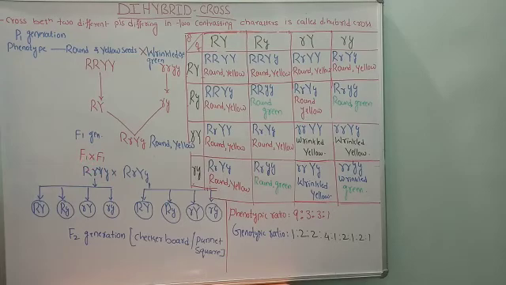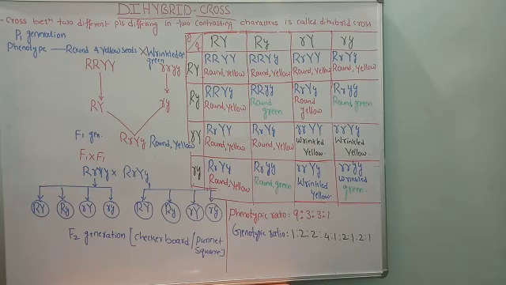The F1 generation is crossed with the double recessive parent. Here the F1 hybrid is capital R, small r, capital Y, small y. This should be crossed with the double recessive parent whose gametes are small r, small y. So the cross between these two. After crossing these two, what are we getting? We are getting the result 1:1:1:1 ratio. That is, 4 types of plants we are getting after the test cross. Okay, 4 types of plants means which are those? Round and yellow, round and green, wrinkled and yellow, wrinkled and green. So these 4 types of plants we are getting after the test cross.